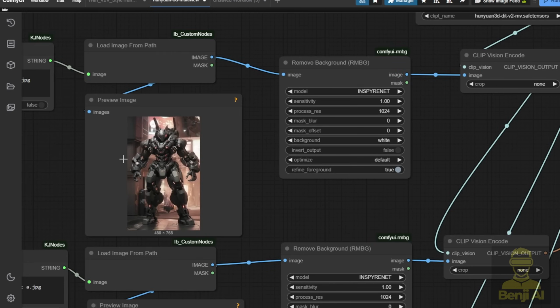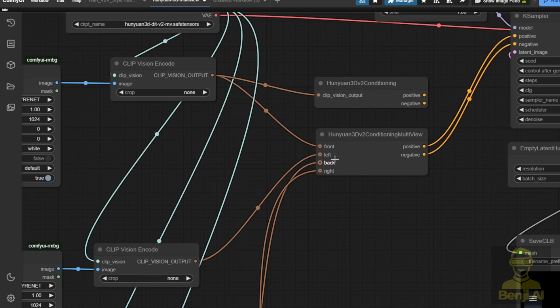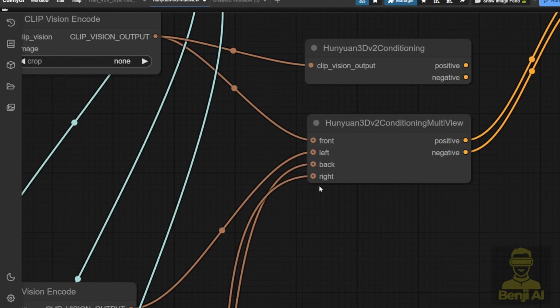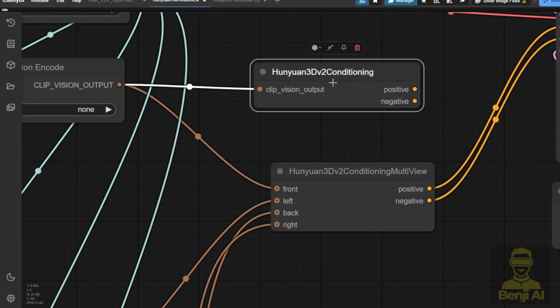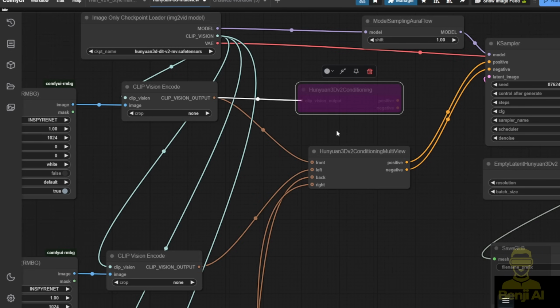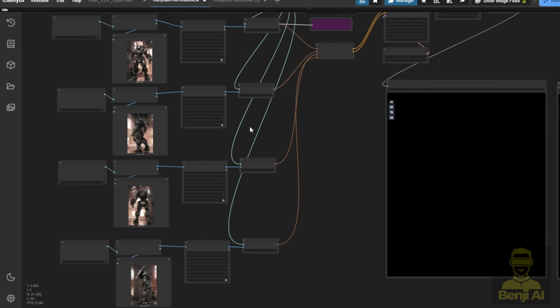focusing only on this object to the clip visions, enabling the clip visions to have more precise accuracy to generate that 3D object. Also, I've added 4 dimensions of view for the multi-view input. So, we included the right side of the image for the object. I've tried the one without multi-view. Well, we'll try that later with other generations. So first, we'll have these 4 images generated,